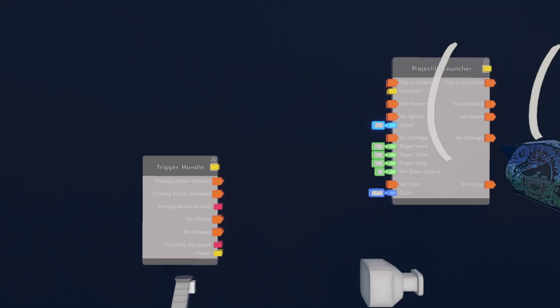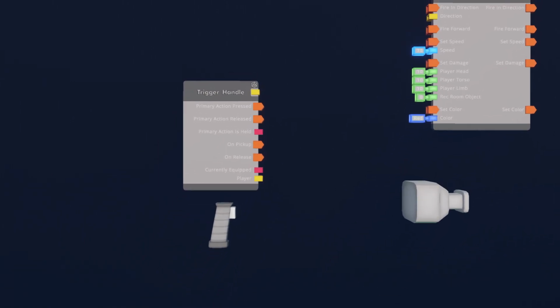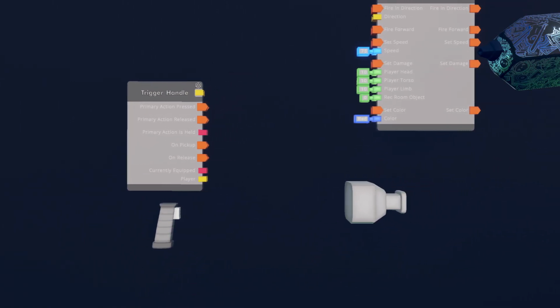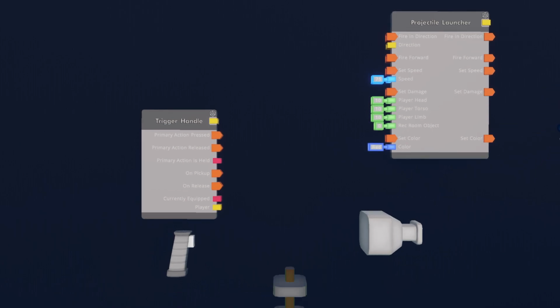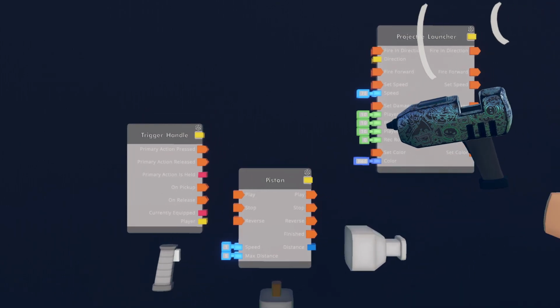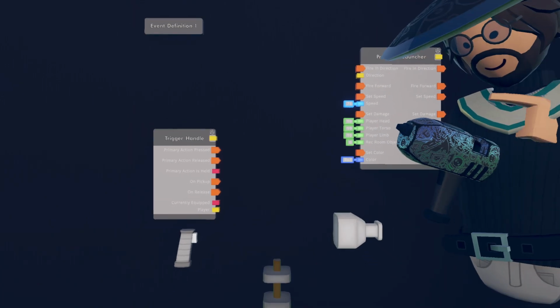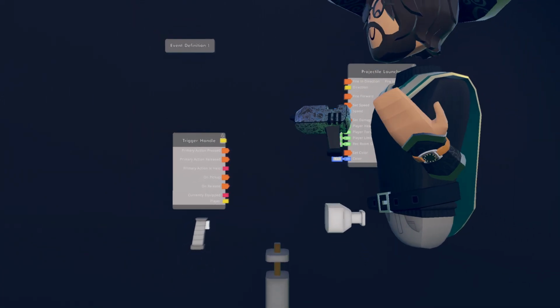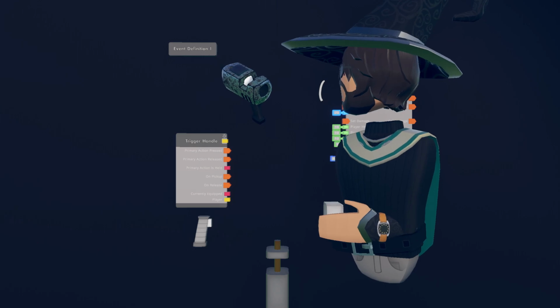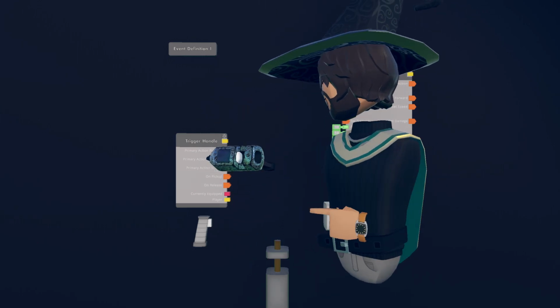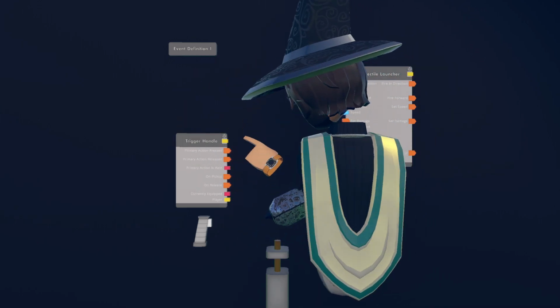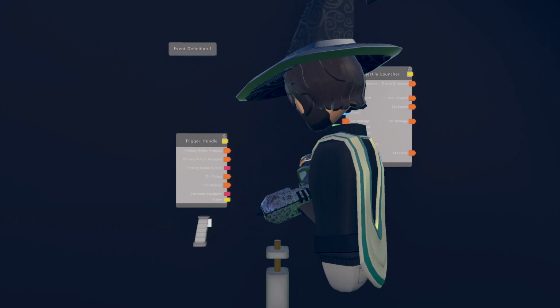Alrighty. We gotta define a few events here, which usually you do first, generally speaking, but kind of up to you. You put the senders down first. I'm just going to define a few things first. So what we want to do is fire an event whenever we press the trigger handle.